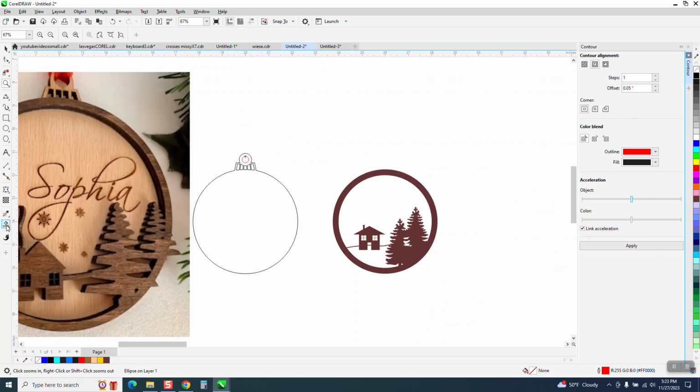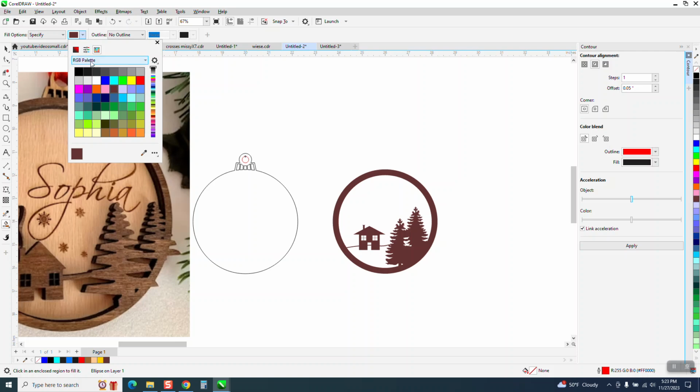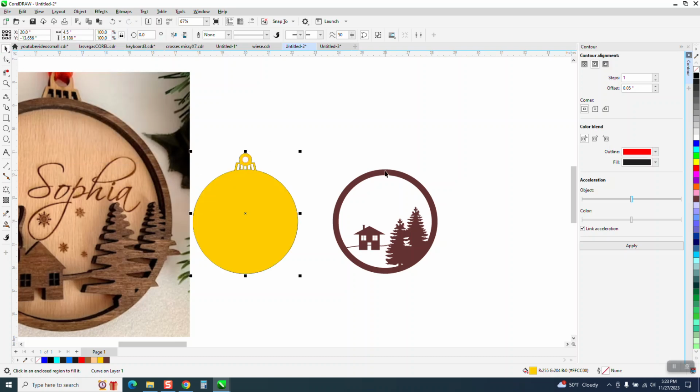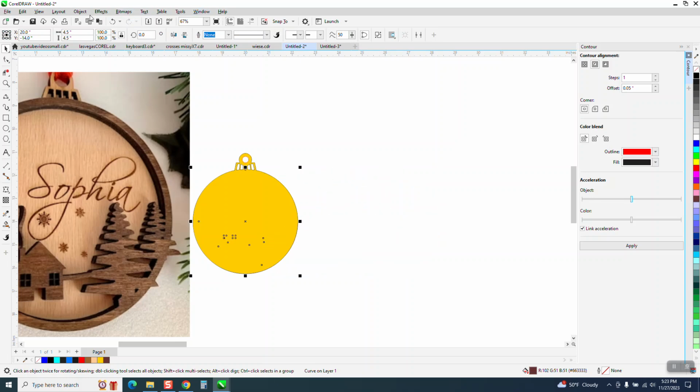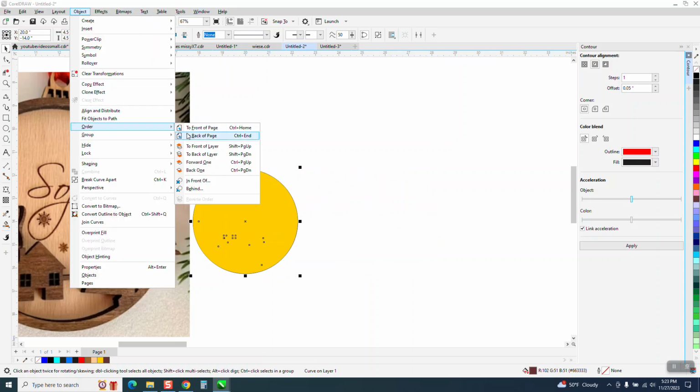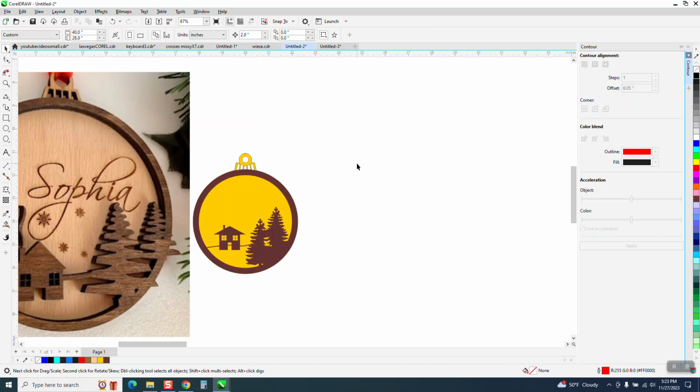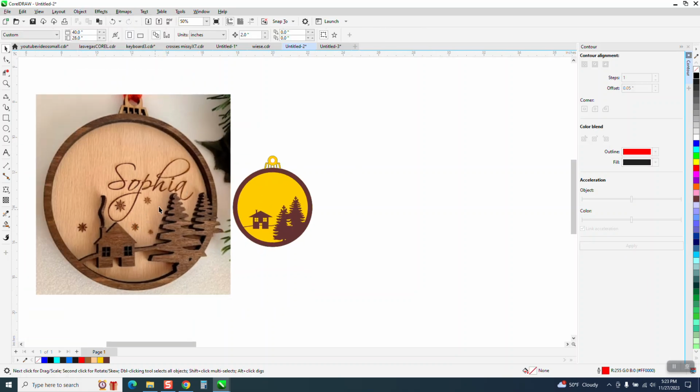When people send me stuff, I really enjoy it. Getting to use other ideas. I've never thought of an ornament like that. But then just take this and move it over. Of course, now we need to go to Object, Order, Front of Page, and that's what it's going to look like. Now, this would be the easy part now, because you could just type in